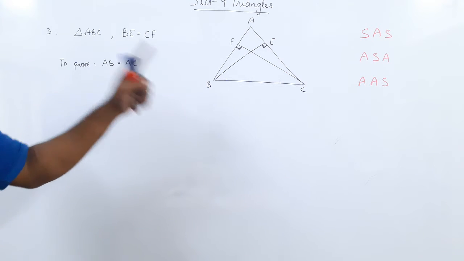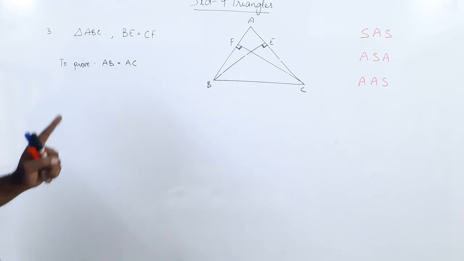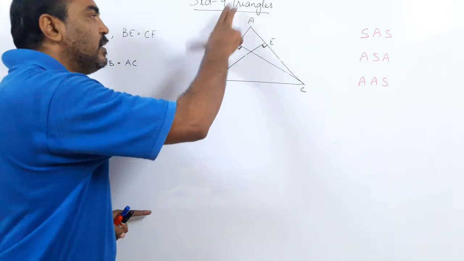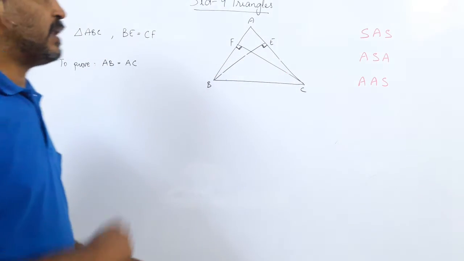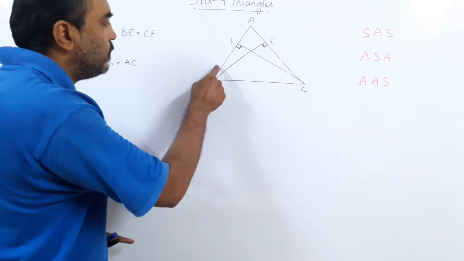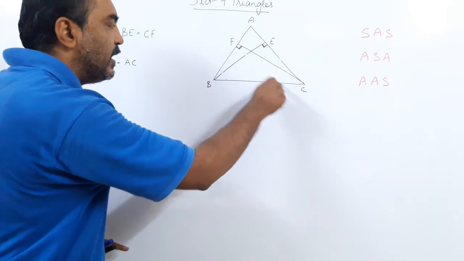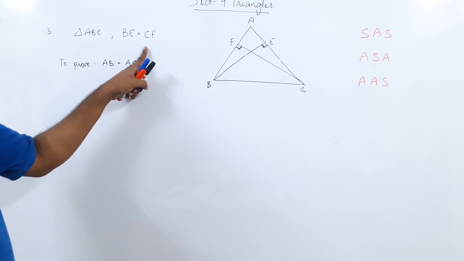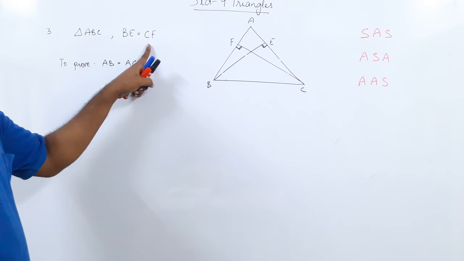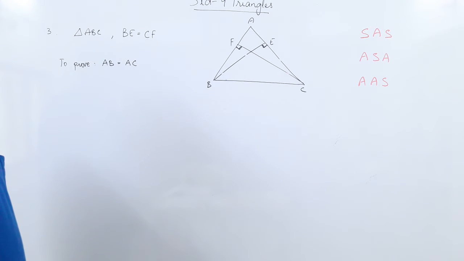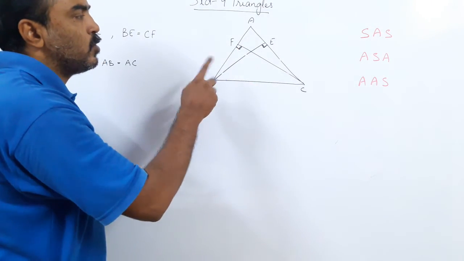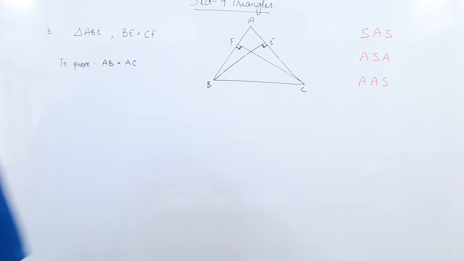So if you understand what is the difference, please make sure to understand this. We are given triangle ABC. When we were given triangle ABC, then AB and AC are the sides of the same triangle, so we can take angle ABC equal to angle ACB. We can take the angles equal. Here we are given two sides are equal, but even if these two sides are equal, what is the problem here? The problem is that these two sides are not the sides of the same triangle. So here we'll have to think a little differently and see how we will prove this sum.